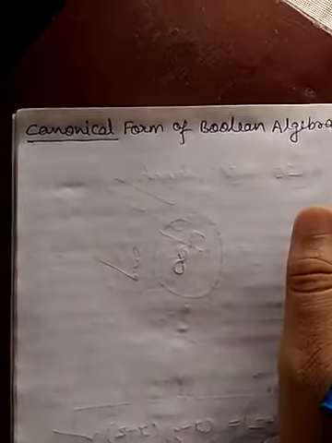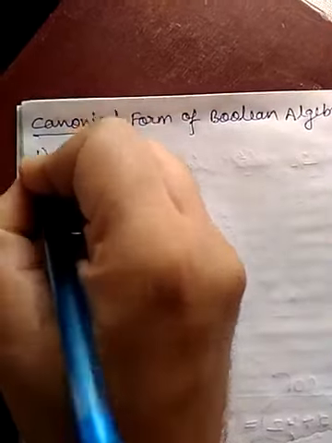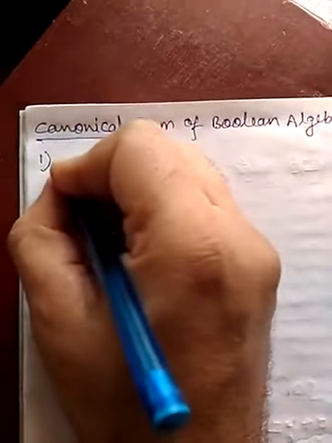Canonical form says that a function should be in its standard form. That is, a Boolean function must be in sum of product or product of sum. So a function must be in its standard form, and all the terms contain all the variables of that function. For example, I am just telling you, there are two canonical forms of Boolean algebra, that is